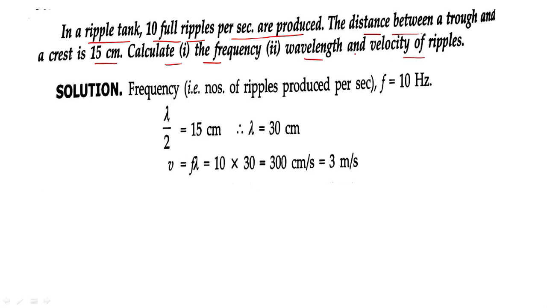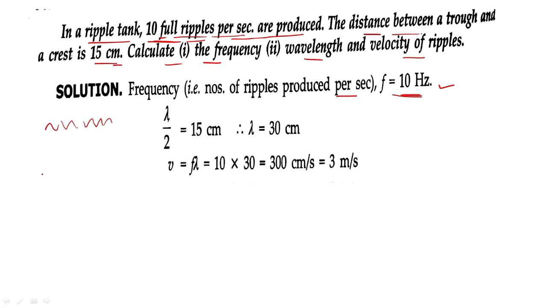Okay, first look at the question. In a ripple tank, 10 full ripples per second. So 10 full ripples means there are 10 ripples or 10 waves per second. Per second means the frequency is the number of repetitions per second. So definitely frequency is the number of ripples produced per second, that is frequency equal to 10 hertz. Frequency is 10 hertz. And another thing that is given, the distance between a trough and a crest is 15